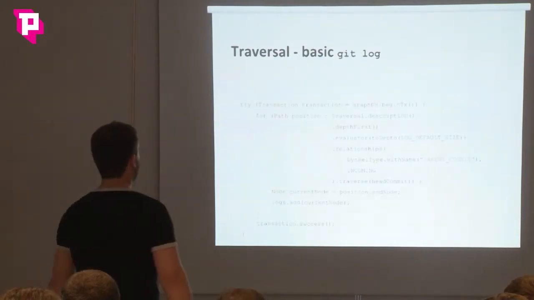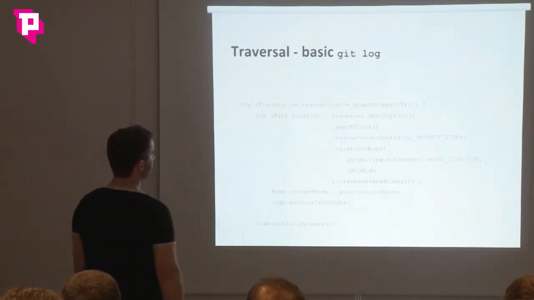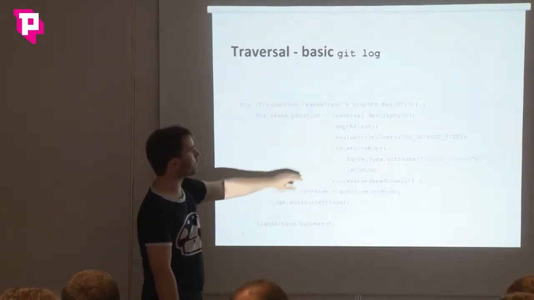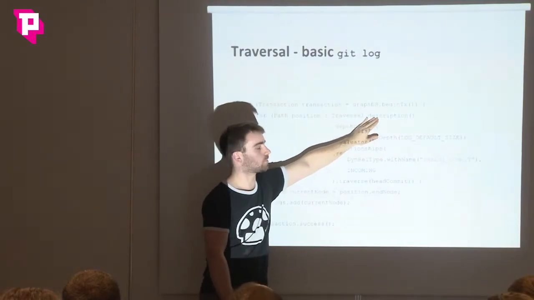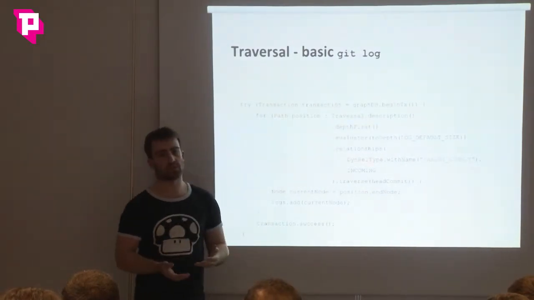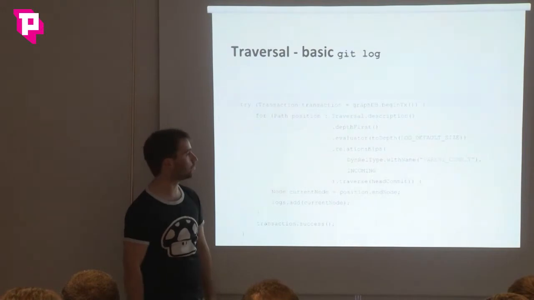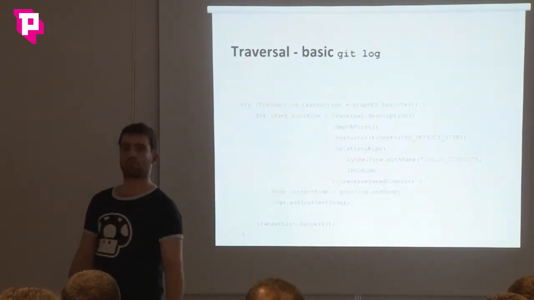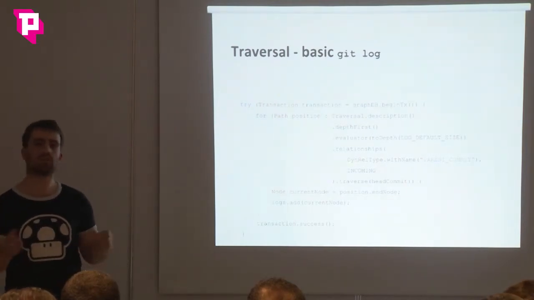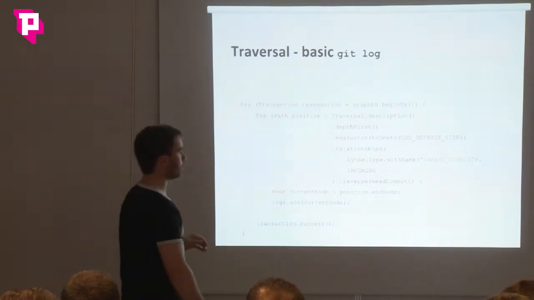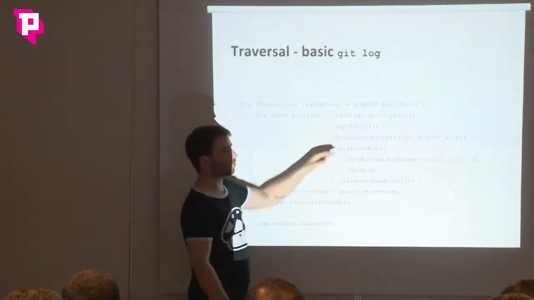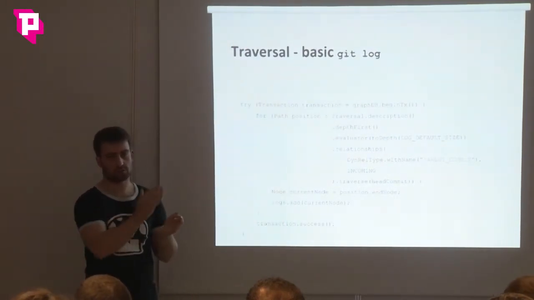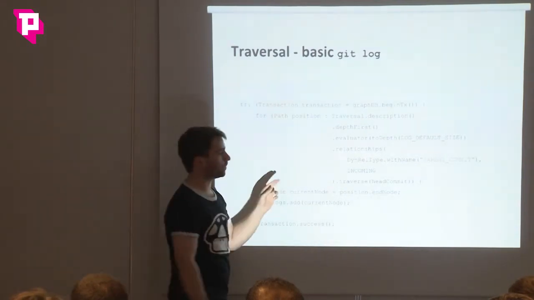One example here, again, is transactional. So you have a transactional block, commit, and then I start out with a traversal description. Then I have a fluent API to build what I want to retrieve. I will basically emulate git log, which is a way to list commits. It's a very simplified version here, of course. I will go depth first because I want to go down one branch of my project. So in Git, just the end of the branch, depth first.